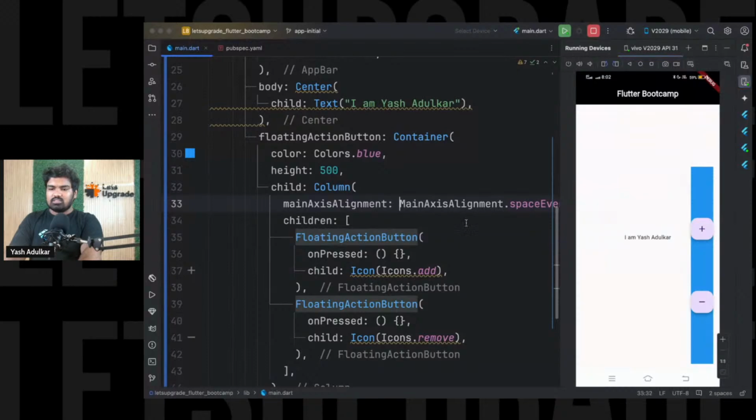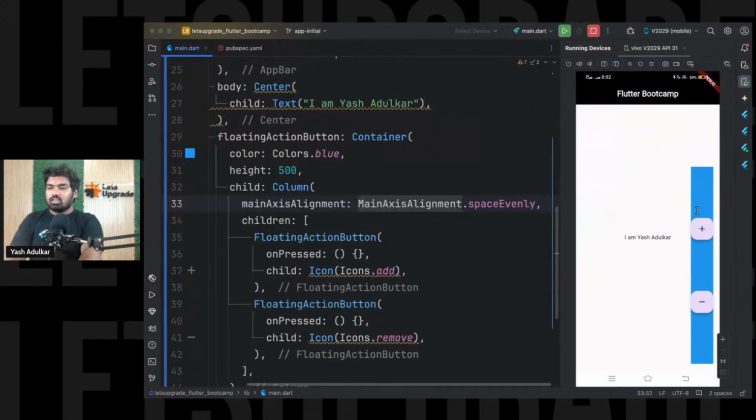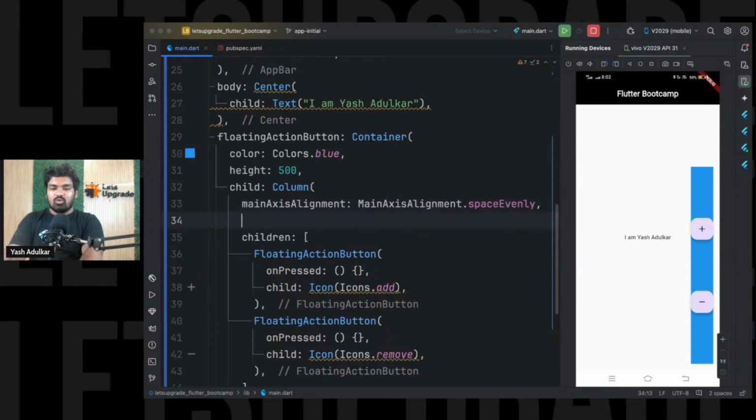Yeah guys, so now you can see the screen. लेकिन अभी ये कैसे हो रहा है कि ये पूरे कंटेनर की स्पेस ले रहा है और उसको इवनली स्पेस कर रहा है. What if I don't want this? I just want it to take the minimum size possible. So what I do is main axis size